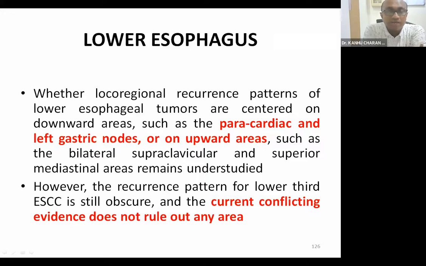For the lower esophagus, paracardiac, left gastric, and or upward areas such as bilateral supraclavicular and superior mediastinum remain understudied. However, the recurrence pattern for the lower third is still obscure. Current conflicting evidence does not rule out any area. So, but don't know if there is a lower esophagus, don't treat the supraclavicular and upper mediastinum group of lymph